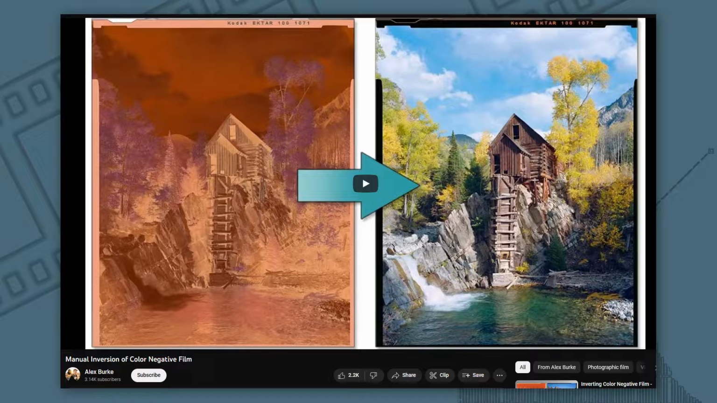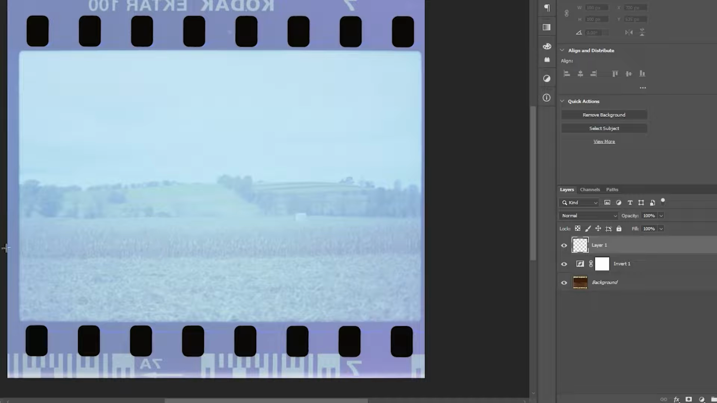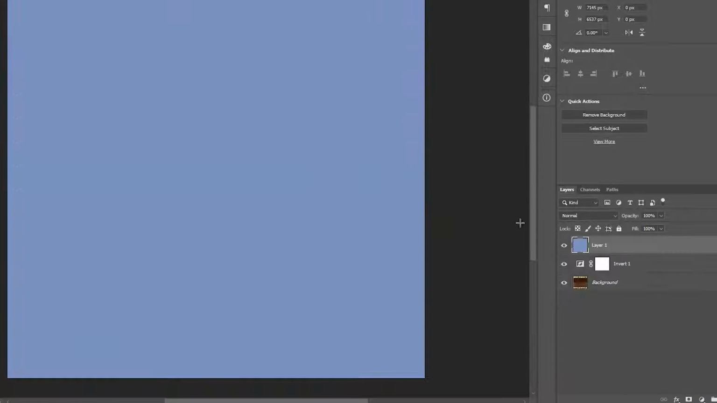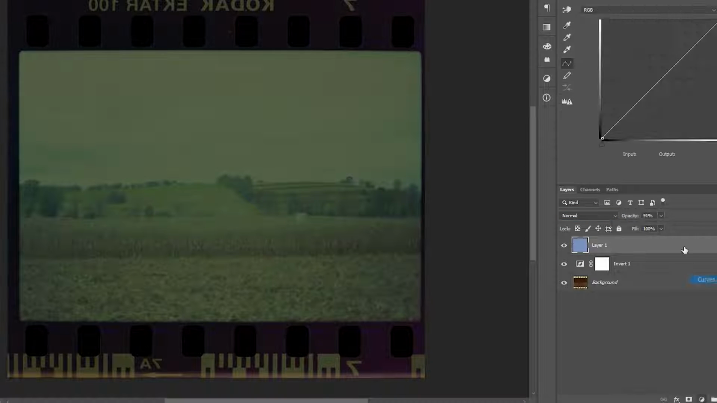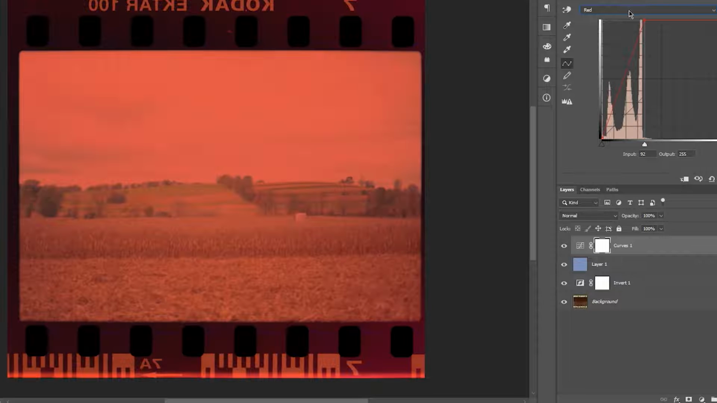Now on to the truly manual methods. There's Alex Burke's method, which he has 2 excellent in-depth videos for his process, and I'll have those linked in the description. His method involves setting a black point by sampling then subtracting the color of the film base, and then manually setting the highlights for each channel. Of course, he goes and does a lot of other adjustments after that, so I would recommend watching his videos,